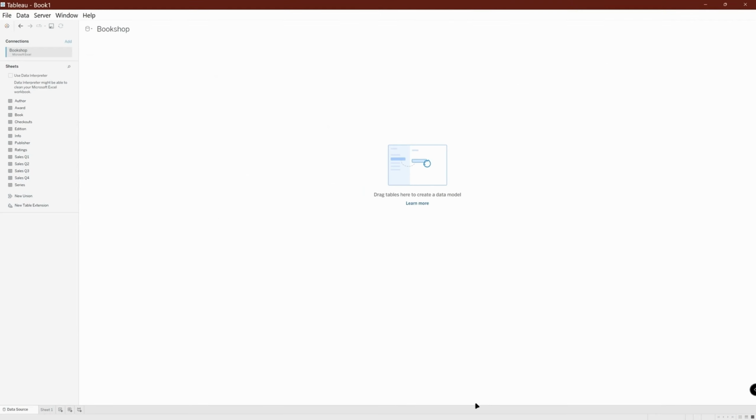Once you select the Bookshop Microsoft Excel file, you should have a canvas that looks similar to this. It'll show that you have the Bookshop connection. Also under the connection pane, you'll see Bookshop Microsoft Excel, and under that, you'll see all the sheets that are associated with the Bookshop Excel file.